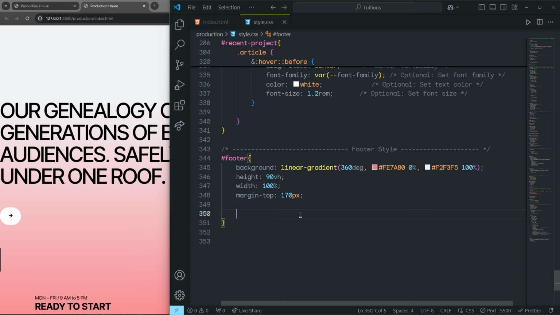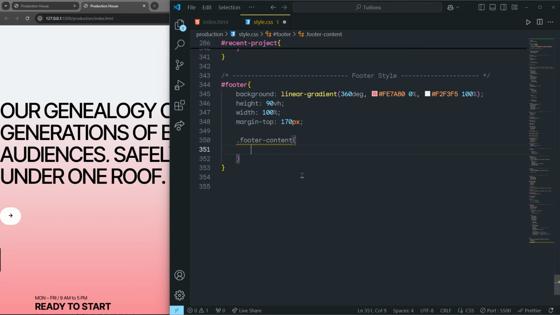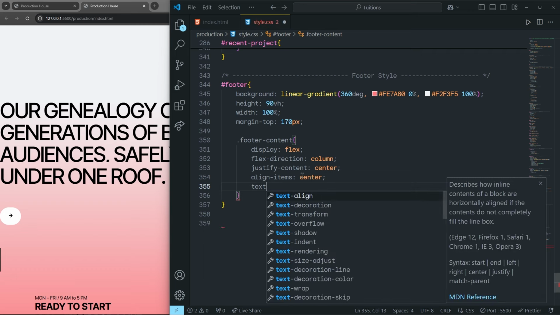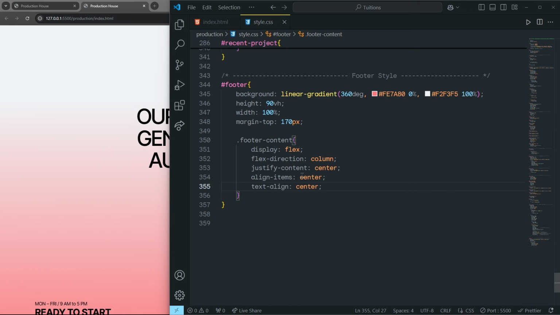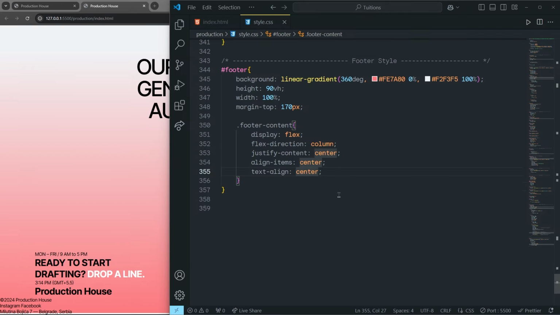Just out of that, we add here footer content class. This one, the footer content, this class. And to this footer content, we specify display flex, direction column, justify content center, and align items center. And then we say text align center to center everything. So this will center all the text. You can notice. Just out of this footer, we select the info class and then specify